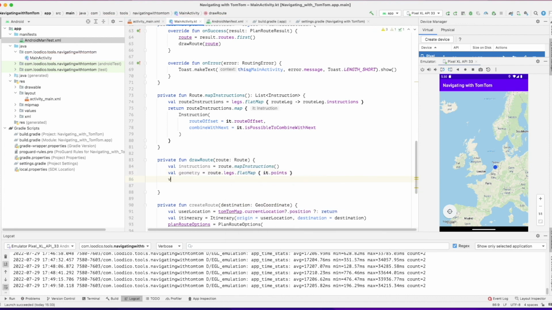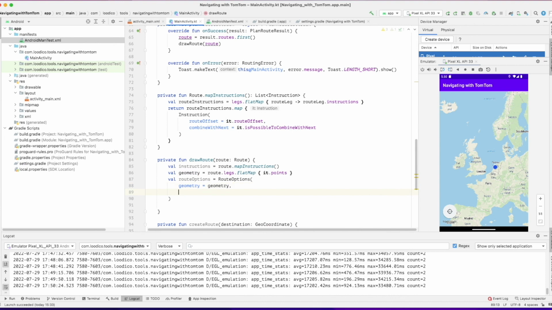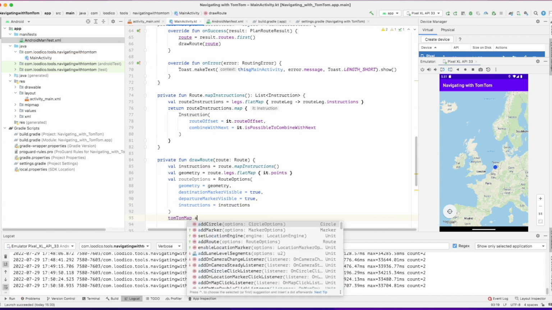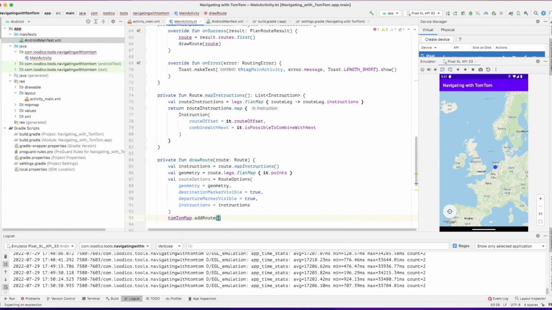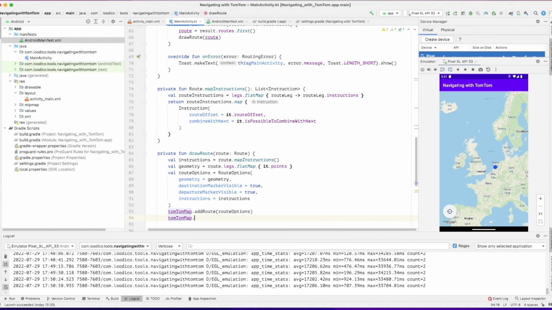So in order to do that, one way is to get the map instruction from the route that we just created and add them as elements on top of this route to map them together, all the instructions one by one. What I mean is to add the arrow from a turn left to the next instruction, so it will be drawn on top of the map.